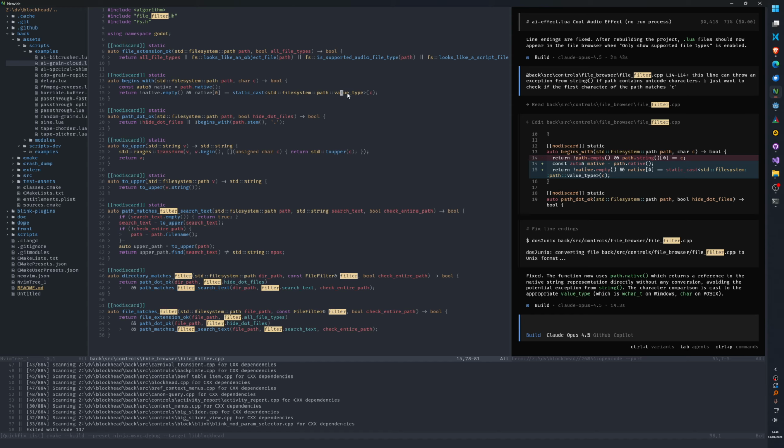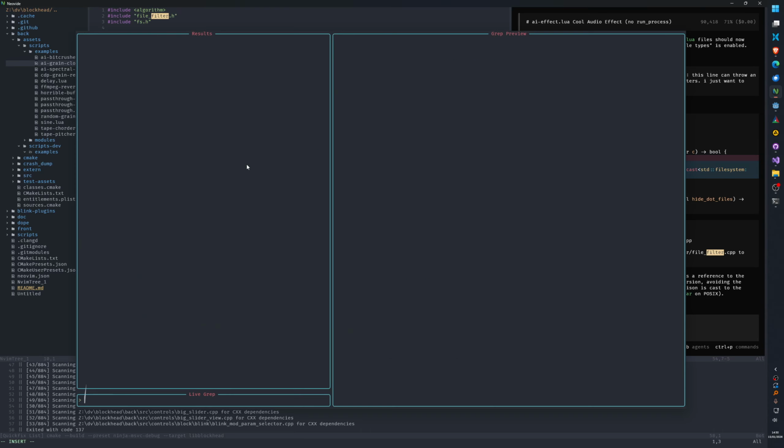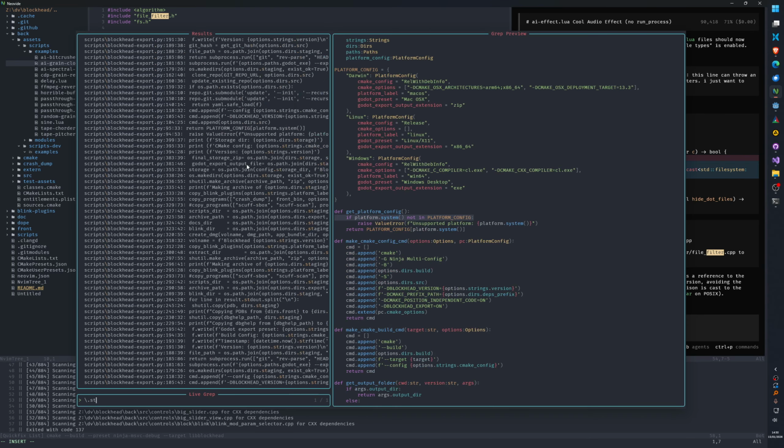Value type, because this is the native type, right? Okay. Sorry, what did you say? Okay, I want to check where else I'm doing that. I think I'm doing that all over the place. String.